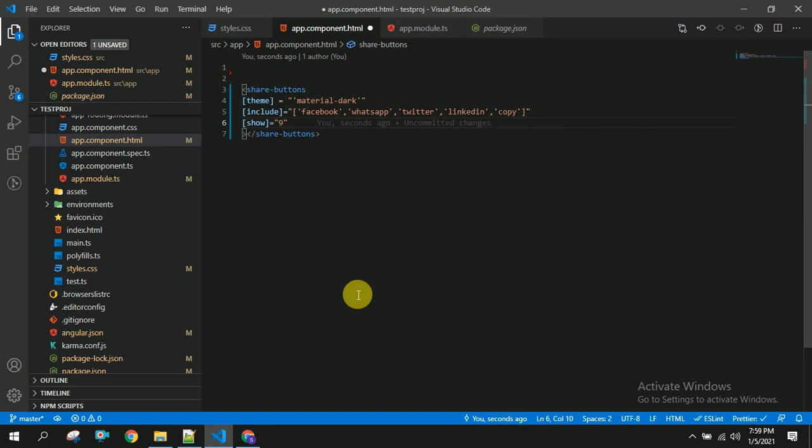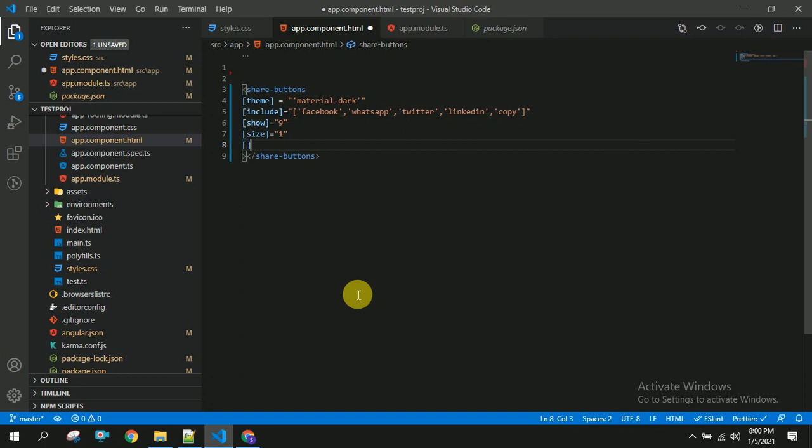So you can have the expander and removing option, and you can specify the size as well by using the size property. As of now I am giving it as 1.